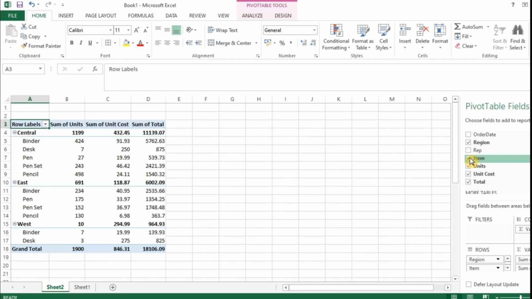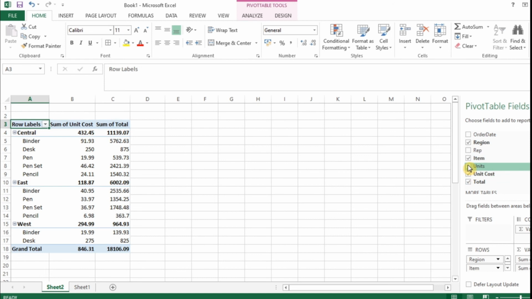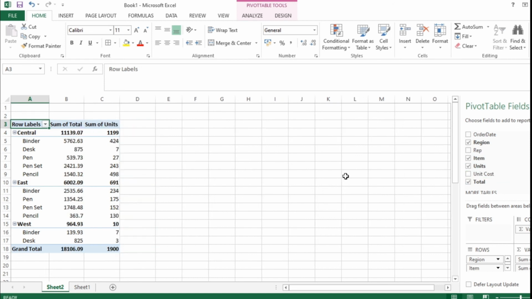I don't want a representative name. I want how many units sold. I want the total. If he asks in this way, again you just make this, right? You deselect the other things, you select the particular thing that is needed. You can get a table that in the central district these types of products have been sold, and these are all the sum of total, and these are all the sum of units sold. Likewise in east as well as in west.